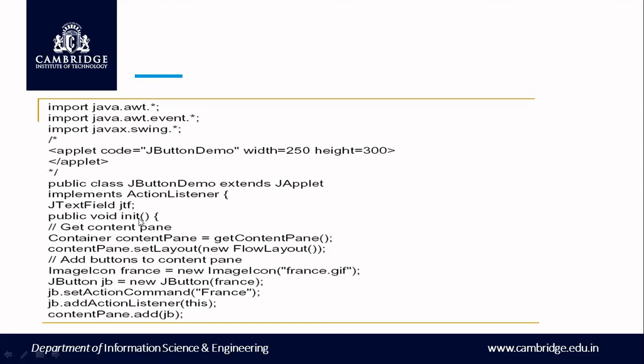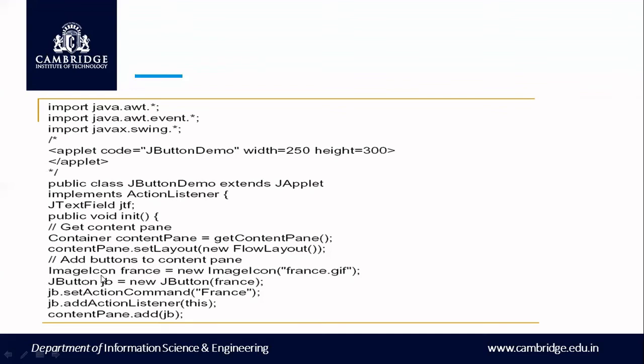Inside the init function, I have created the container. The name of the container is contentPane. The object I have created for the container is contentPane. Okay. Next, contentPane.setLayout(new FlowLayout()). I have set the layout of the content pane. Whatever dimensions you want to set, you can set it. Now I want to add the buttons to the content pane. So first, before adding the buttons to the content pane, you have to create the buttons, right? Whatever buttons or components you want to create, first let us create them.